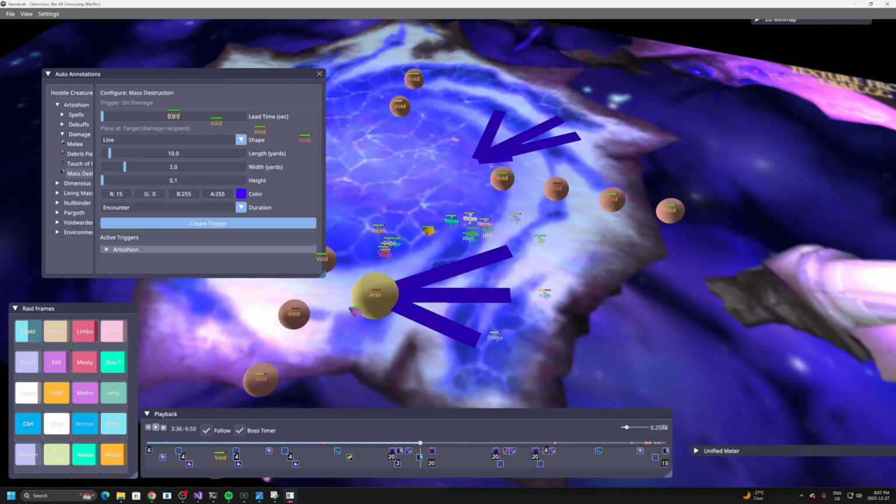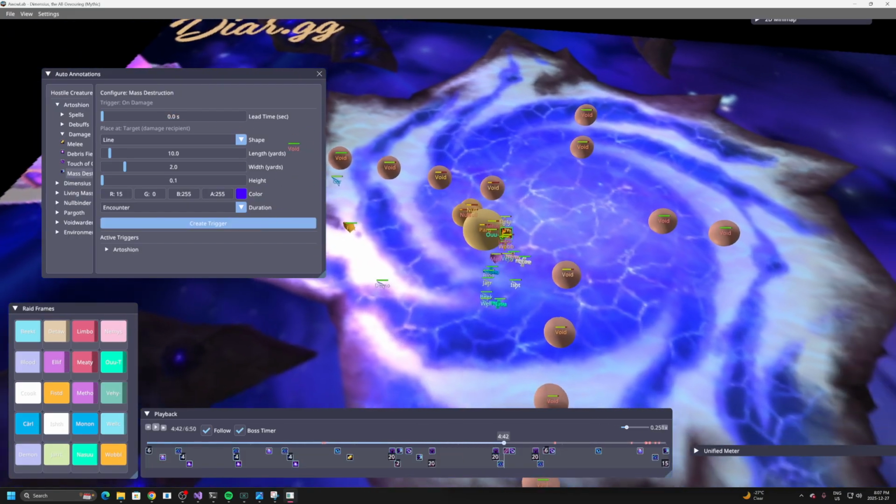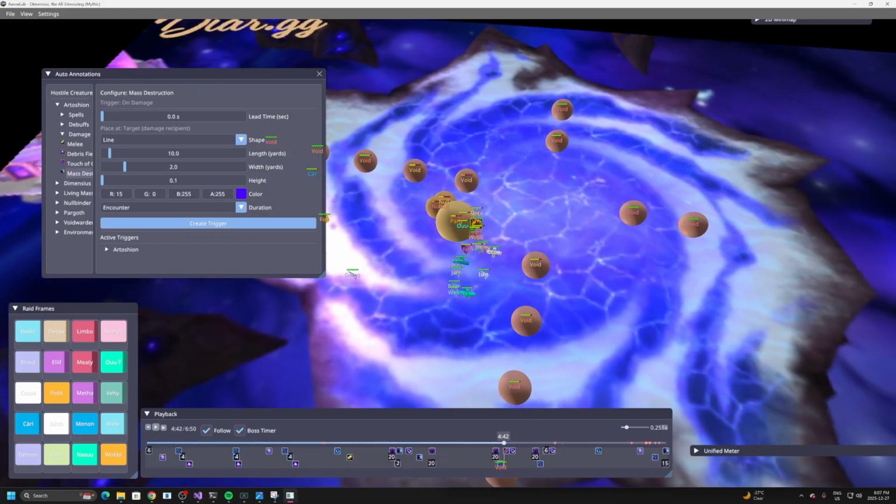I guess we can talk about something like 2-step annotations as well. So Pargoth, which is the second platform add, has that 2-step ability where first he creates a pool under him, and then he also has 3 circles that have to get soaked by players, which then subsequently spawn pools. So if we wanted to model those out for our replays,